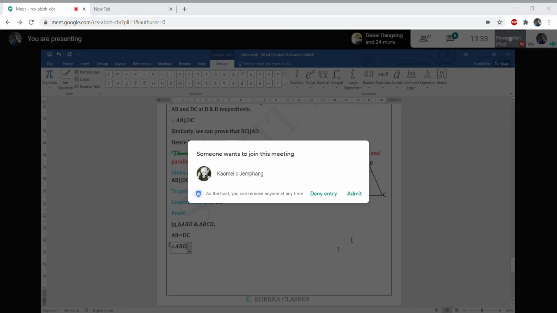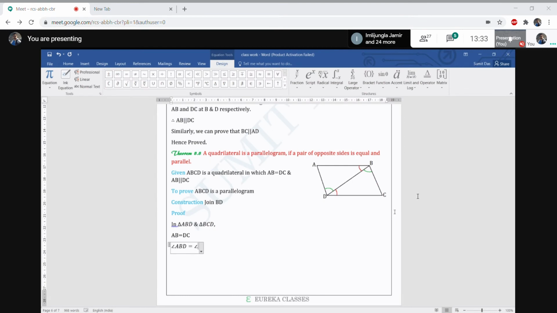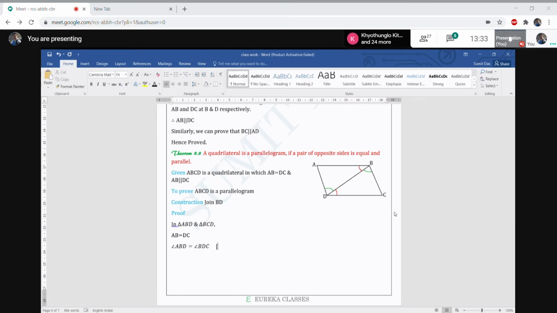Angle ABD is equal to angle BDC. Can anyone please tell me why? Showing here, ABD and BDC, this red color one. Why? Because look, AB and DC are already parallel, given in the given part. And BD is a transversal, so they are alternate interior angles. So we can write